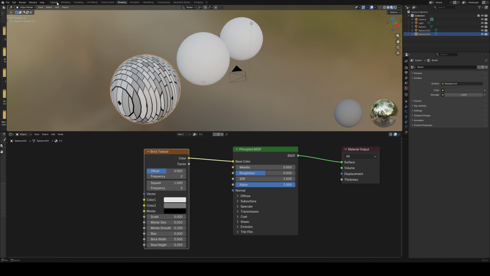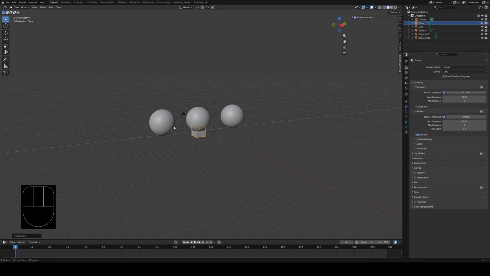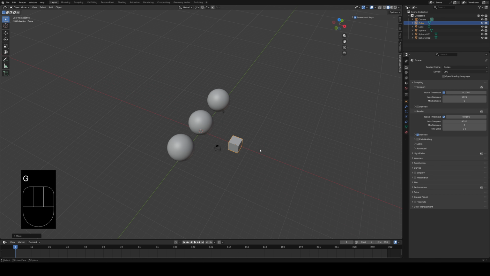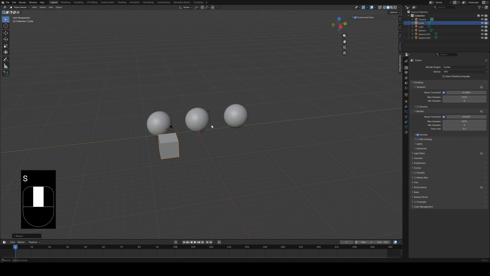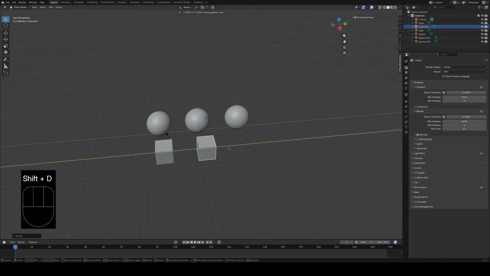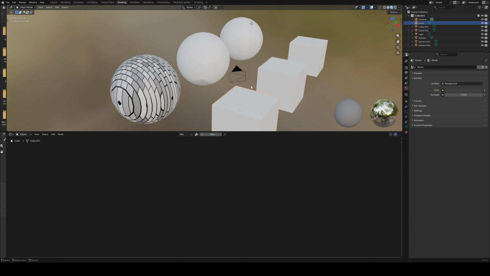If we go ahead and go back to the layout menu, and I just go ahead and add in some cubes. So let's go with G to bring this across, G to bring this up, S for scale. And we look at the exact same material on a cube compared to a sphere, we can get an idea of how this works. So let's go 1 cube here, Shift D, cube for the middle, and Shift D, cube for the end one. We'll go back to the shading tab, and I'm going to click this cube right here, go down to the drop down, which is next to the New that we saw before,